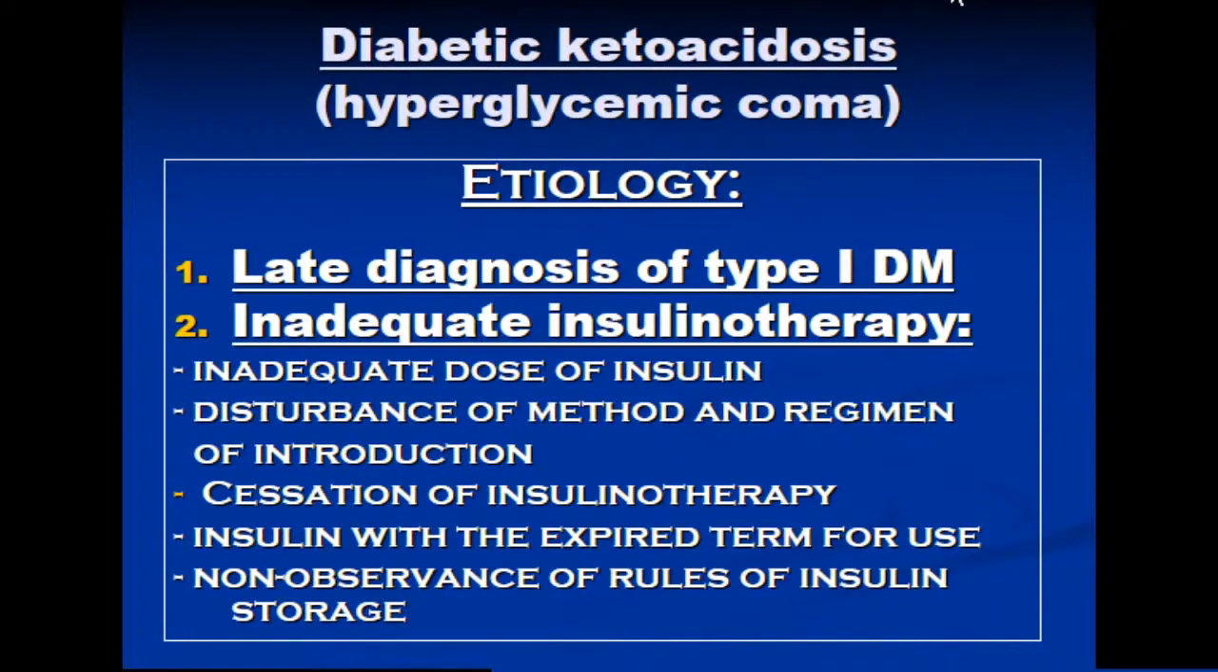First, we'll consider diabetic ketoacidosis, hyperglycemic coma. Etiology. A late diagnosis of diabetes mellitus. Inadequate insulin therapy, usually insufficient dose of insulin, disturbance of methods and regime of introduction, cessation of insulinotherapy, insulin with the expired term for use,